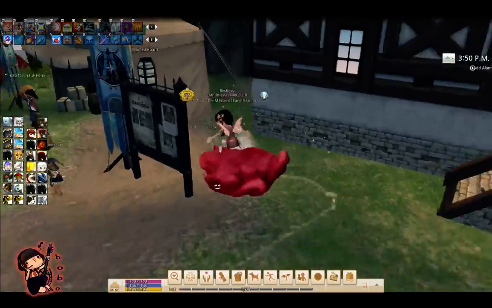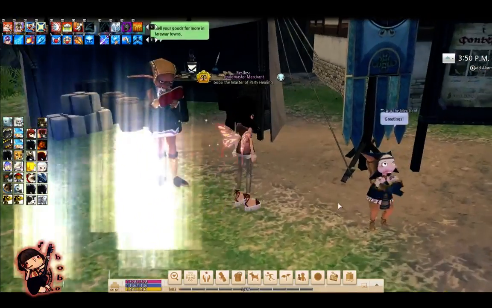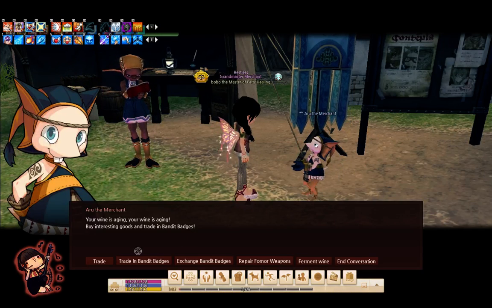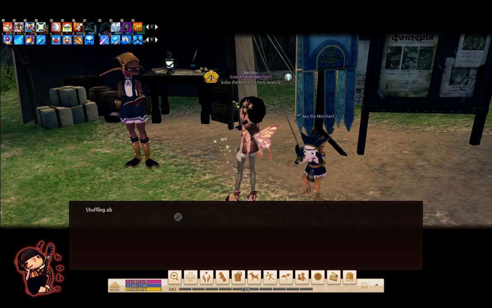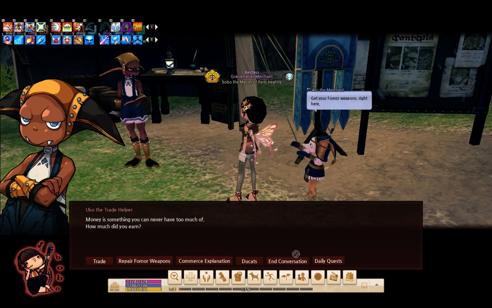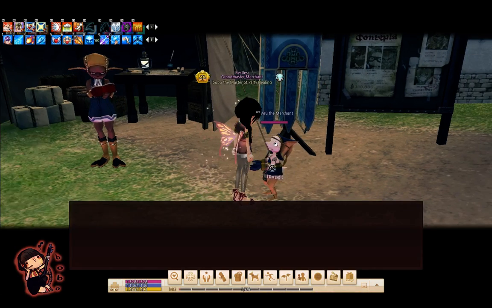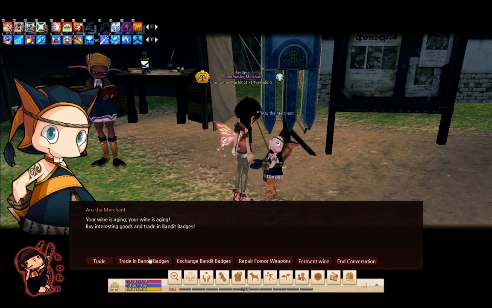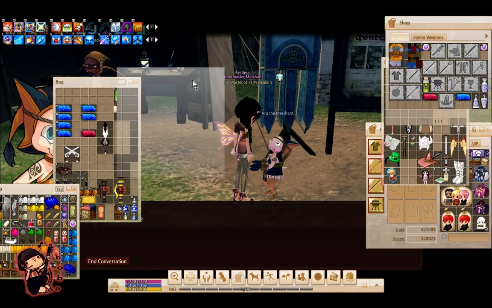And then if you want to guarantee the red upgrade stone, you can actually buy one from these guys here. I think this guy. Is it this guy? No, not this guy. Where is it? I think it's this guy. Oh, there, Trey. Oh, I'm blind. Okay. If you click on Trey, this tiny little imp here,